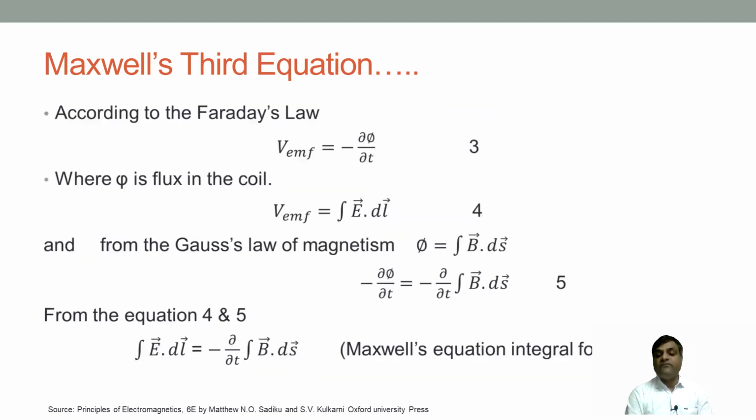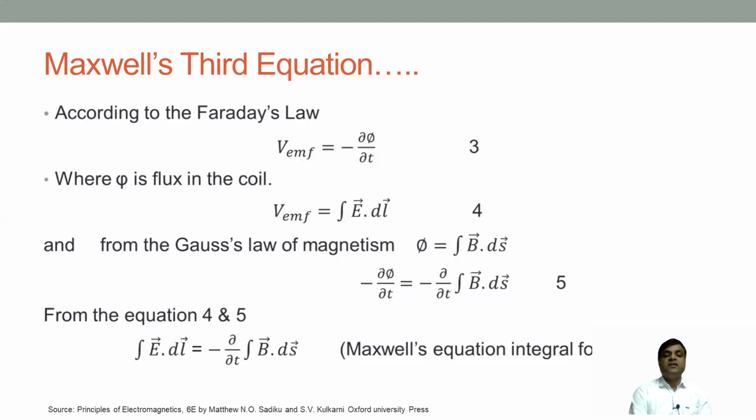Here phi is the magnetic flux, not the electric flux. And we know that VEMF is the integral of E dot dl. Similarly, as per Gauss law of magnetism, phi is the integral of B dot ds, where B is the magnetic flux density, similar to D, which is called the electric flux density. Then we put this into the equation. Minus d phi upon dt is equal to minus del upon del t integral of B dot ds. Then when we put this in equation 3, the integral of E dot dl